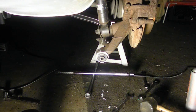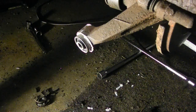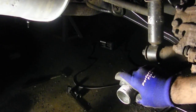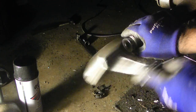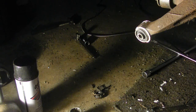And you see, it's going in. Actually, you probably can't see. Hold on. You can see it's going in almost exactly where it's supposed to be. I'm going to slide the plumbing nipple back over it. Then I'm going to slide my 30mm back in. I'm going to hit it some more. Of course, you want to watch out for your fingers, because now it's starting to get pretty flush to the plumbing nipple. And actually, now I guess I can just go ahead and not use the plumbing nipple anymore,